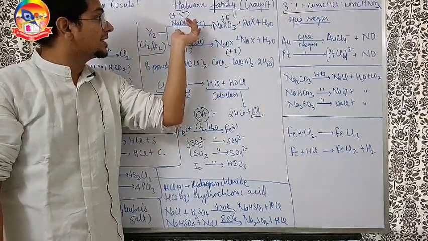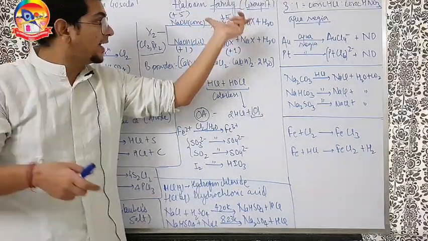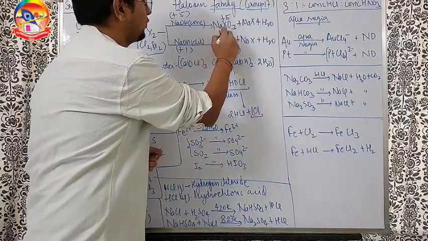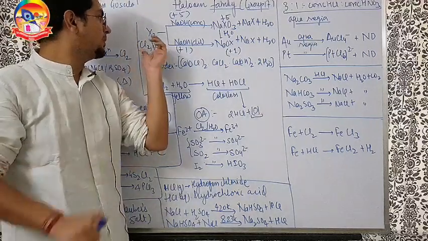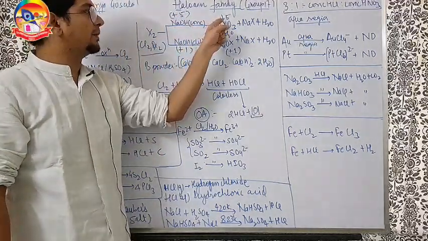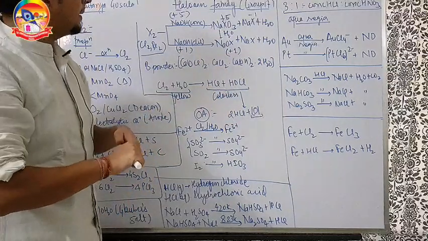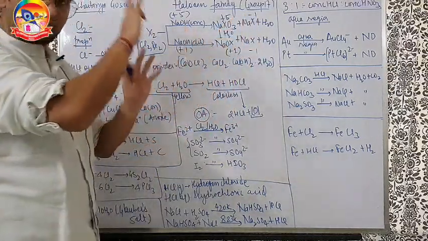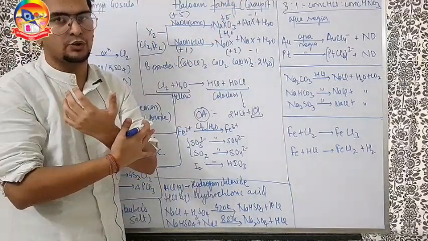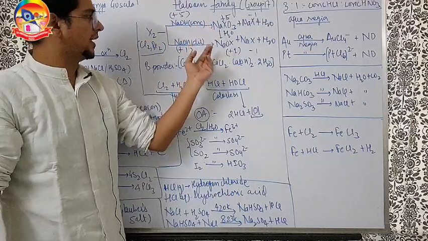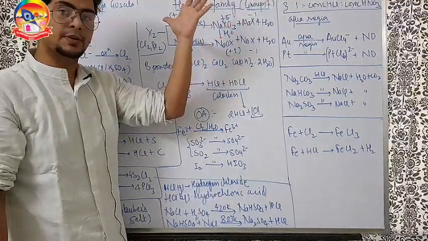In fact, if I take hot and concentrated NaOH, this is formed, and then if I dilute it, if I add water to it, I will get directly NaOX and NaX again. That means, if for example bromine reacts with concentrated NaOH, firstly you will get +5 and -1 of bromine. Okay? Then you add water, then the +5 will become +1 and -1 again. That simply means you will get +5, -1, +1, all these three oxidation states in the mixture of the solution. So concentrated this reaction, dilute this reaction. In fact, if you dilute this product mixture also, then also you will get this mixture as the answer.